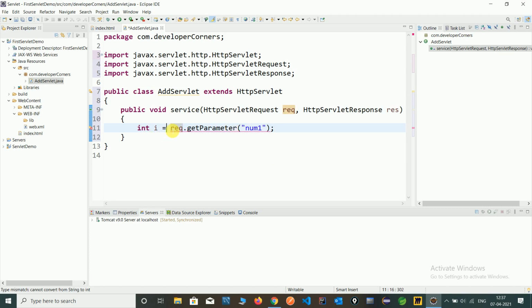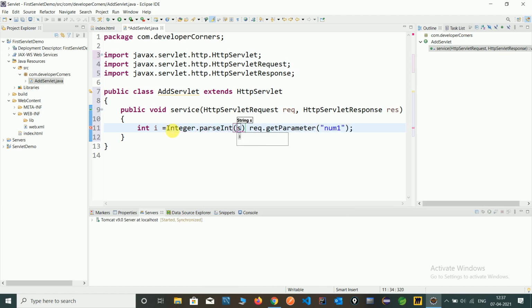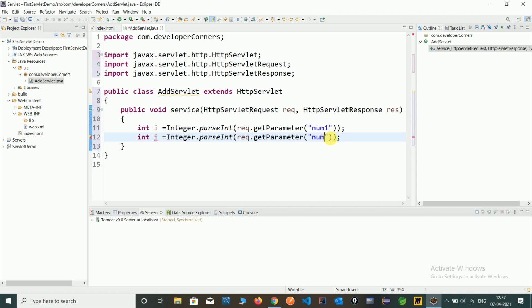For typecasting we use Integer.parseInt. For the second number also give the same, I am copying it, and take the second number as j.